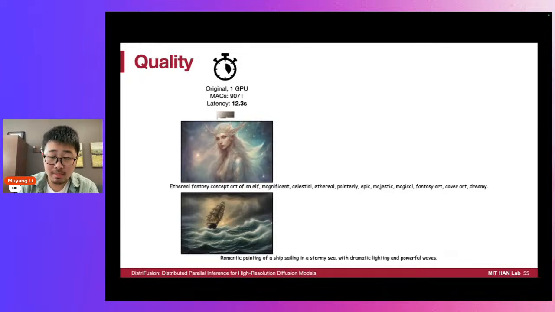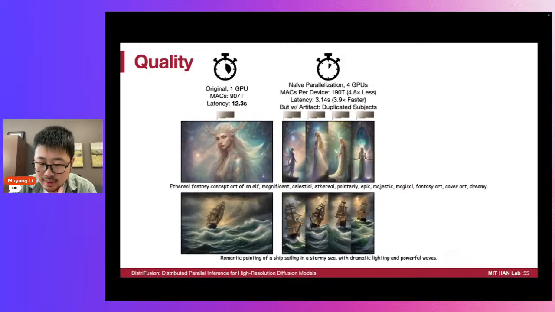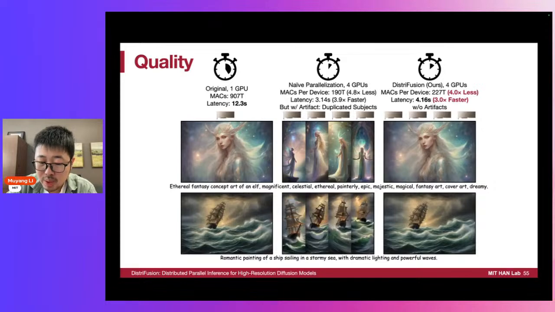These are the original images of SDXL, and using naive parallelism can achieve a 3.9 times speedup, but the images have noticeable duplicated subjects here. Our DistriFusion can well preserve the quality with no visual differences and deliver 3 times speedups.